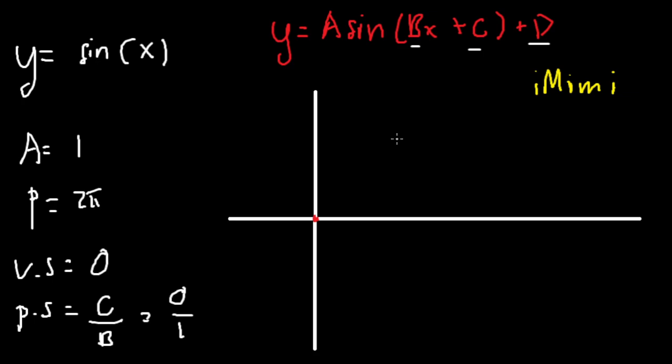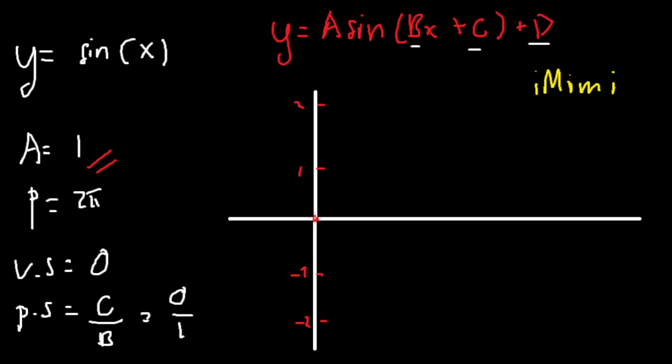Now, in order for us to get the maximum and minimum, we will go up and down from the midline by 1 unit. Drawing ko lang. 1, 2, negative 1, negative 2. Yan. In order for us to get the maximum and minimum, we need to go up and down the amplitude units from the midline. Ang midline natin is located at 0. So, we need to go up 1 unit kasi 1 unit ang ating amplitude, and go down 1 unit para